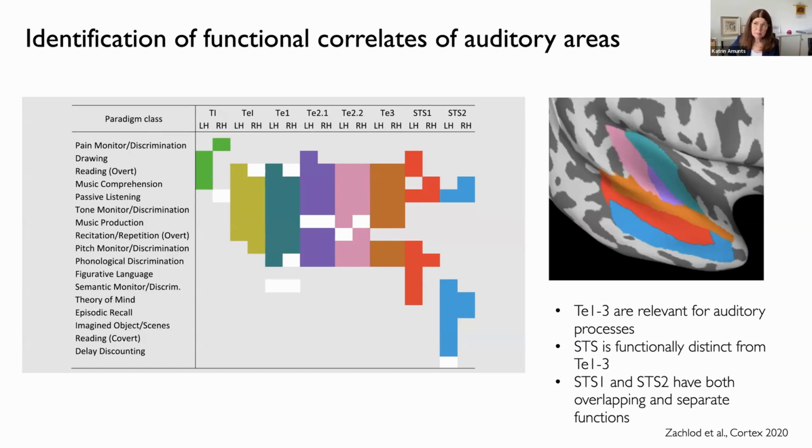But we see rather a pattern of certain functionally defined areas contributing to a network that is relying on a certain number of cytoarchitectonically defined areas. And when we discuss such complex functions like overt reading or music production or music perception, it is of course clear that this is not one